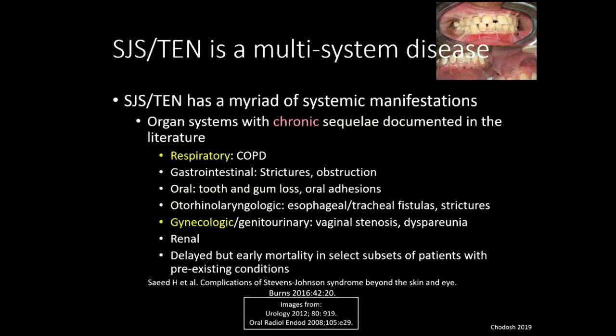There's just a few papers. We finally identified a gynecologist at Mass General Hospital who'll see our patients, and I ask every female new patient about gynecological complications so that I can make a referral. So I'm essentially doing what their primary care doctor should be doing, but who doesn't really understand the chronic complications of the disease. And I think you can do a big service to your patients by talking to them about